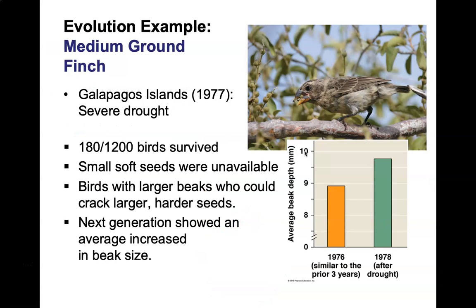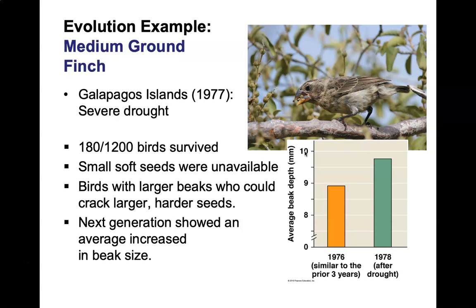So here's an example of evolution to sort of show the change in populations and differential survival of individuals. So there was a study done in the 70s in the Galapagos Islands, because everybody likes to study evolution in the Galapagos Islands. And in 1977, there was a severe drought. So during this year, only 180 out of 1,200 birds survived, and it was related to the availability of food